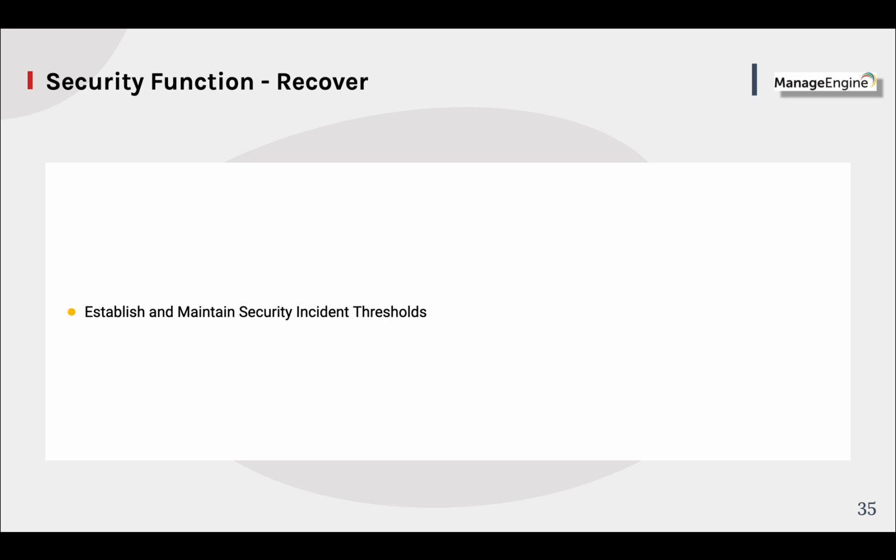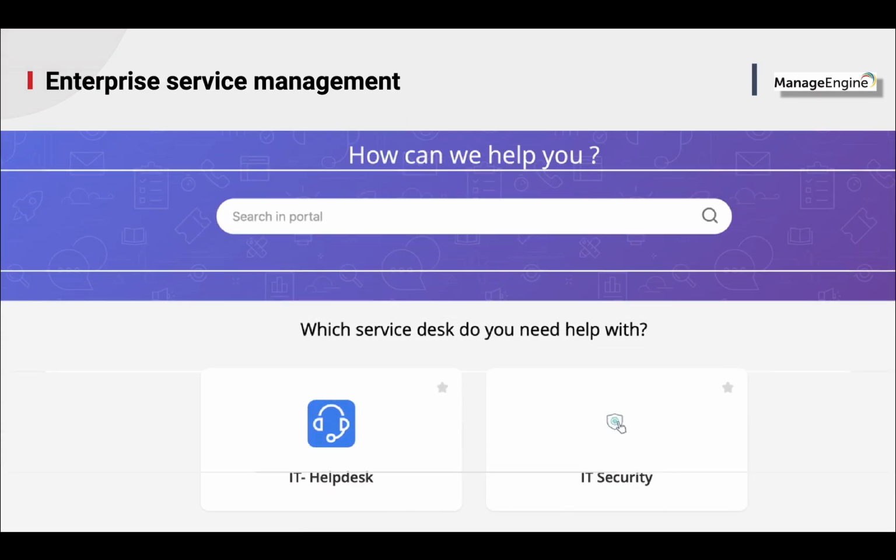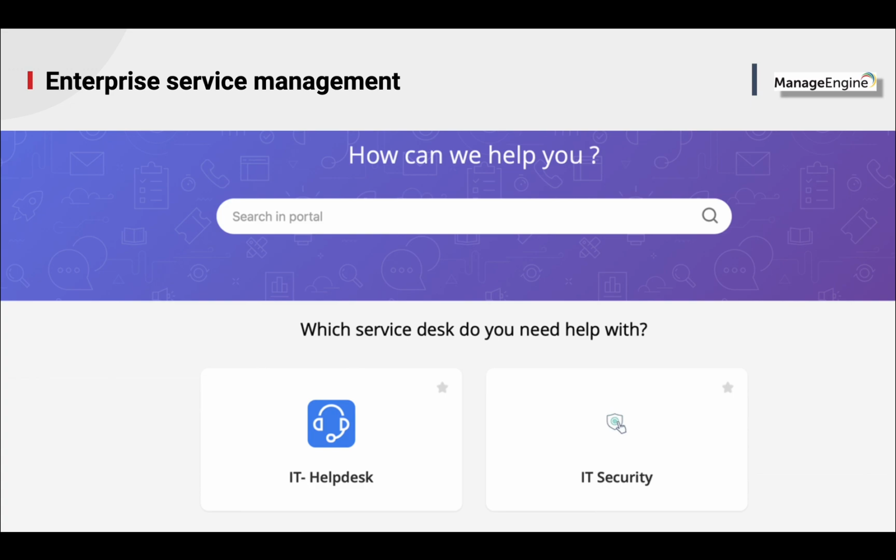So for you to differentiate a regular incident from these kinds of events, you need to have an enterprise service management solution. So you can create individual portals for your IT security team and handle incidents with unique notifications, SLAs, and escalation procedures. This will not impede your regular IT management process.